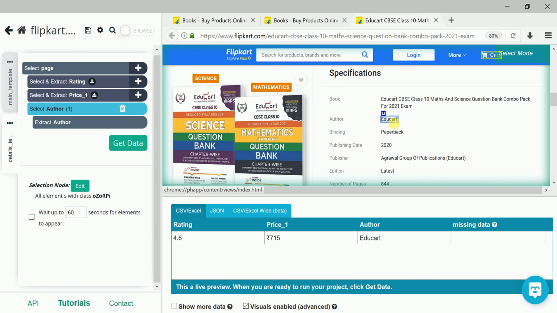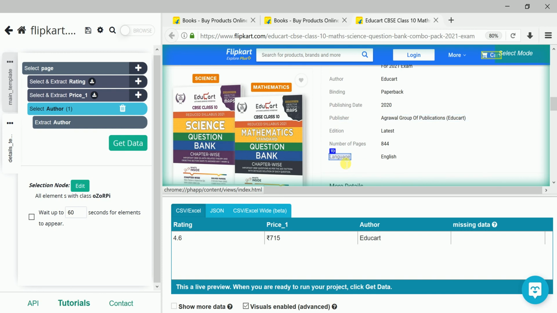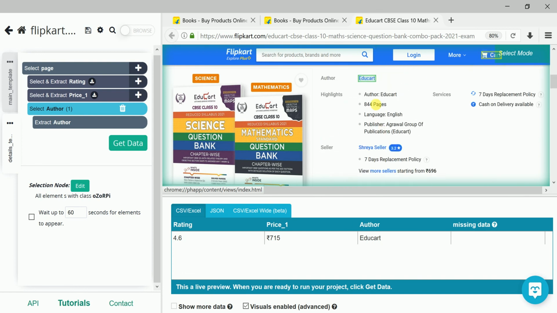So you can write a condition here, whenever, say, the language is English, then only give me the data. That is possible because these are selected individually, separately. Here, you can see this is not selected separately. So if you want, you need to extract the complete data.